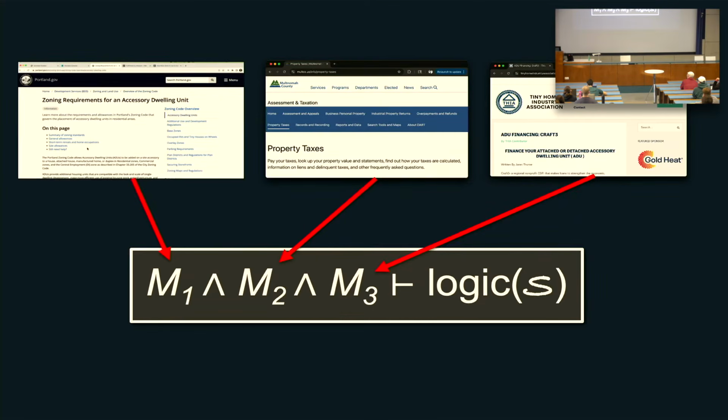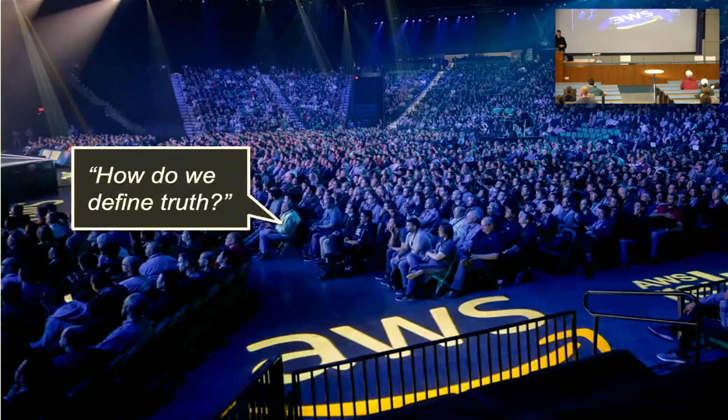And so one could imagine a marketplace evolving where maybe the mortgage folks provide a formal model for when they'll approve and when they won't, and then you have a formal model for the zoning, and then you have a formal model for the tax, and maybe different providers provide them, and then you put them together. Naively you would just use conjunction, but the challenge is that the formal models might be axiomatized over variables, and the variables might not align. So there are challenges around how you synthesize from natural language to a formal model such that it's composable with other formal models, and that's an active area for us.